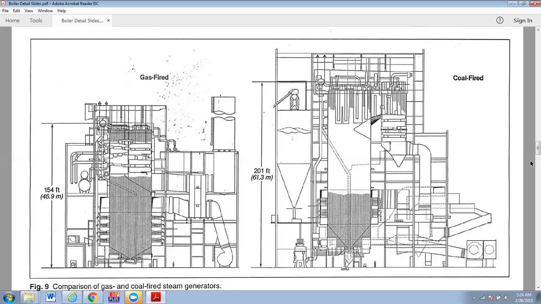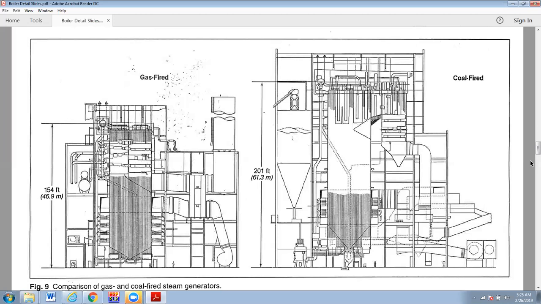I think we've mentioned this before, but the more you use natural gas and the less you use coal, the more you reduce your CO2 emissions, as well as, certainly, sulfur emissions, because generally speaking, there's not sulfur in natural gas. So natural gas is certainly a cleaner fuel than coal to use. It also,